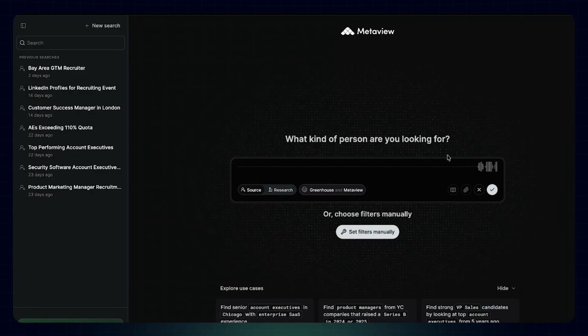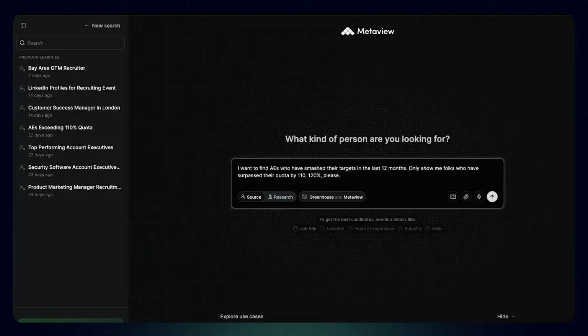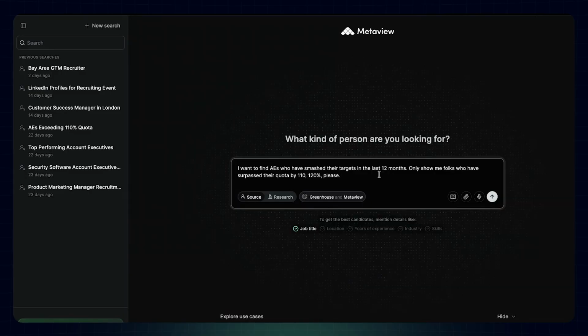So for example, I might say, I want to find AEs who have smashed their targets in the last 12 months. Only show me folks who have surpassed their quota by 110, 120%, please. And so some AEs will list that type of metadata, like how much they surpassed their quota by, on their resume. Many won't, but almost certainly you'll have spoken about this if you spoke to AEs in the past. I'm saying I want them in the Bay Area minimum